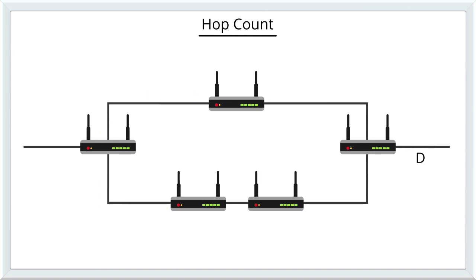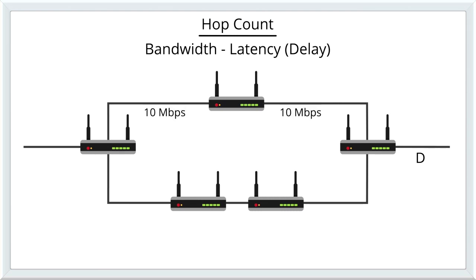Another metric that can be used is a metric based on the bandwidth, or sometimes latency or delay. These both measure how fast a message is sent from the source to the destination. Let's say that this router here has 10 megabits per second links. And these routers down here all use 100 megabits per second links. In this example, it would be faster to send the information this direction rather than across the slower links. If the routing protocol was using the hop count, it would prefer this route to the destination, even though it's